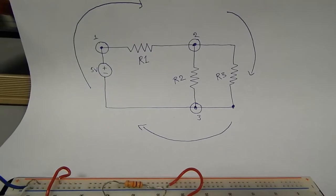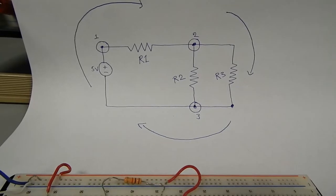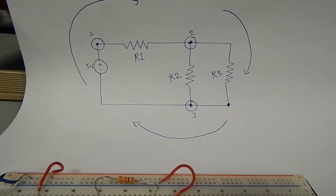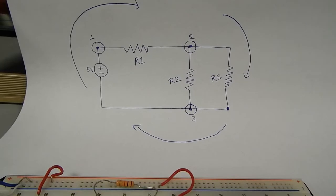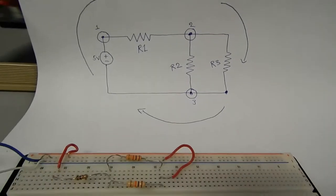Alright, what do we have here? I showed you previously on Multisim how to implement your circuit on a breadboard. In real life situations, if you follow that same order that I talked about, where you identify all the joints in your circuit and then you implement the same connections for those joints on the breadboard, you should have something